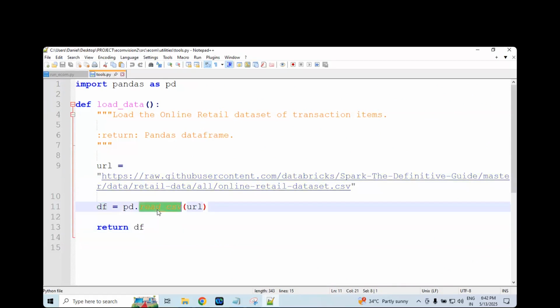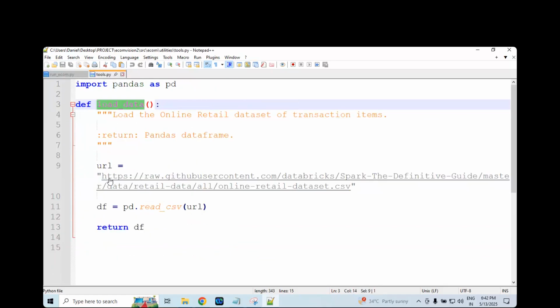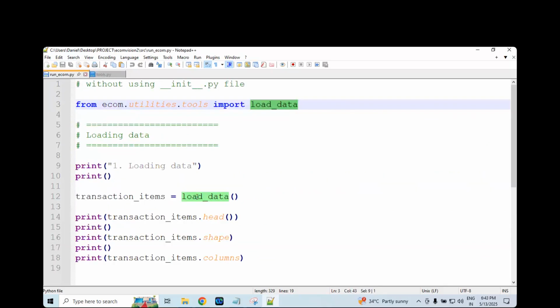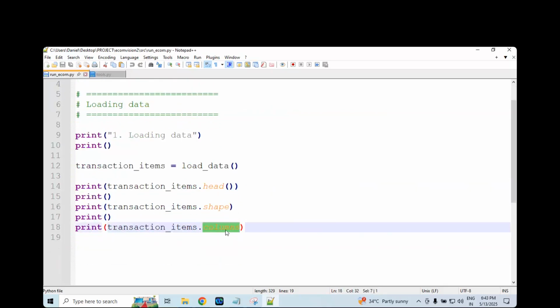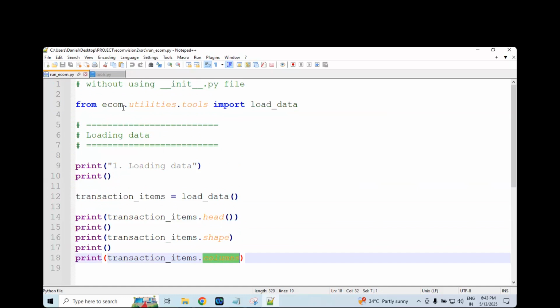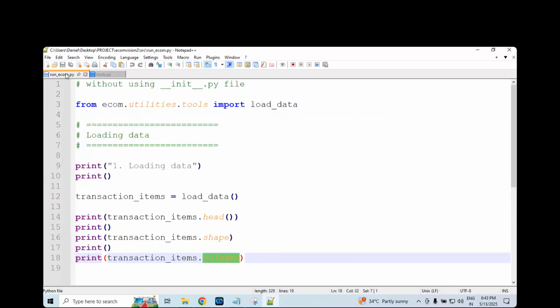Any questions here? Good. Imagine this function you are importing here. The function having the return statement in the backend, that's what you are assigning to a variable. Sir, frankly speaking, these are all dots you need to connect one by one. Dot number one, dot number two, dot number three, you need to connect slowly. Are you with me or not, sir? Good. Then you are calling the head method, shape, columns. Now which file do I need to run? Do you think I need to run tools? No, there is no function calling here. Then what do I need to run? Run underscore ecom.